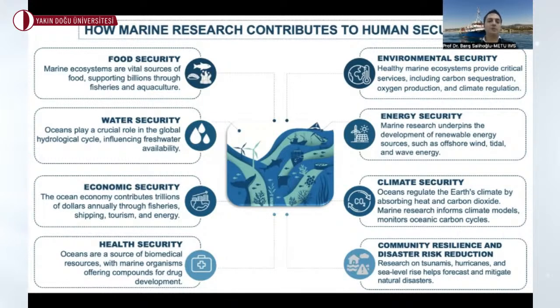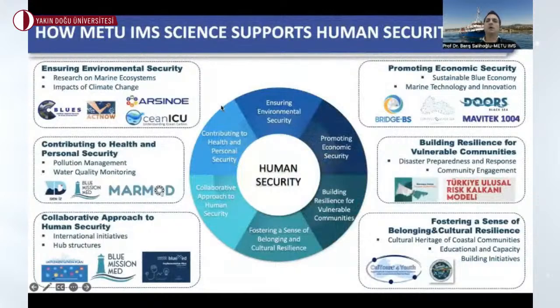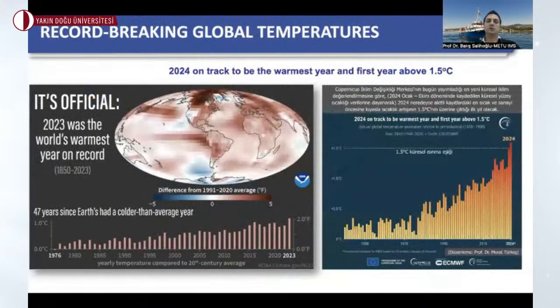As you may know, the oceans and the seas are the main actors that regulate the water cycle and the climate cycle. And we contribute to several projects towards human security. I will talk about these projects mainly focusing on environmental security, economic security, and contributing to health and personal security. The year we are in at the moment, 2024, which is almost over, is going to be the warmest year